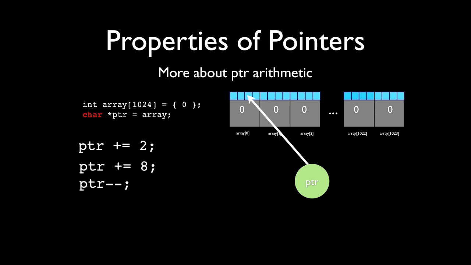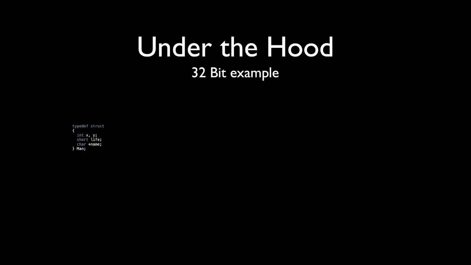So what happens if I move it 8 forward from there and then back 1? You get the 7th byte, which is the last byte of the second int of the array. Once again, very powerful stuff. So let's look at another example. I know I'm moving kind of fast, but I wanted this video to be under 15 minutes before I get to part 2 of all this.